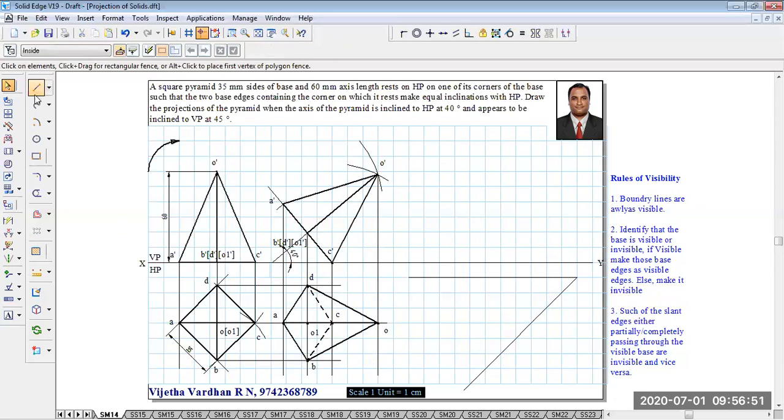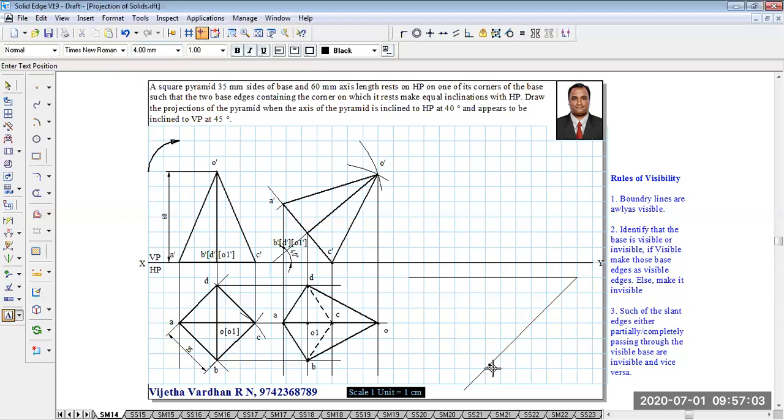Axes O1 and O should be located on the 45-degree line. Locate a point anywhere on the 45-degree line we have drawn, and mark it as O1. Now, using your compass, measure the distance between O1 and O. With O1 as the center, draw an arc on the 45-degree line, and once you get the arc, locate one more point there, which will be called the point O.